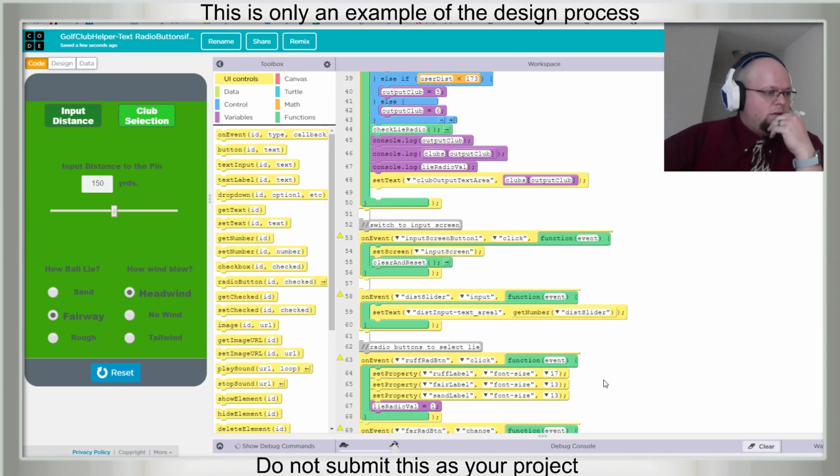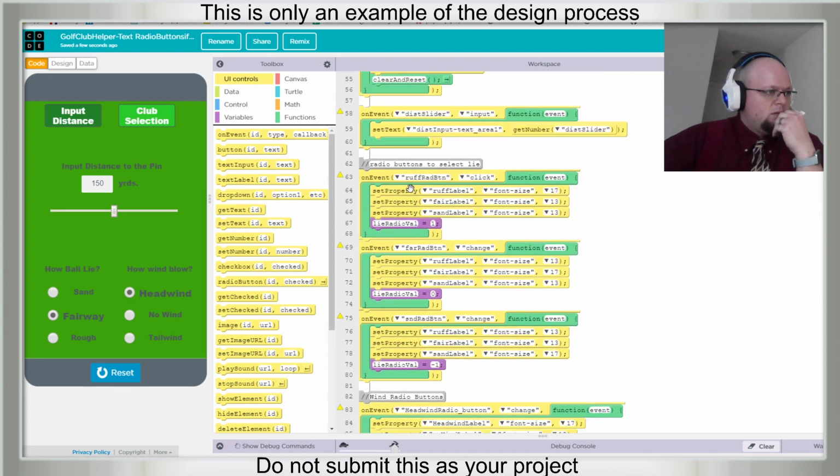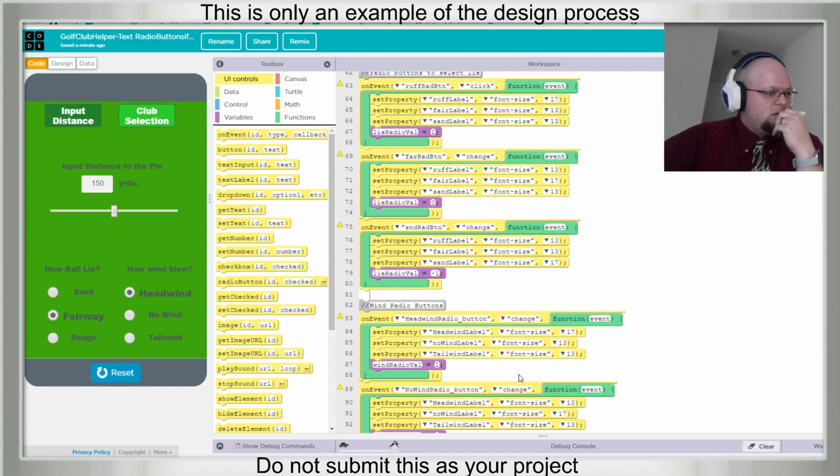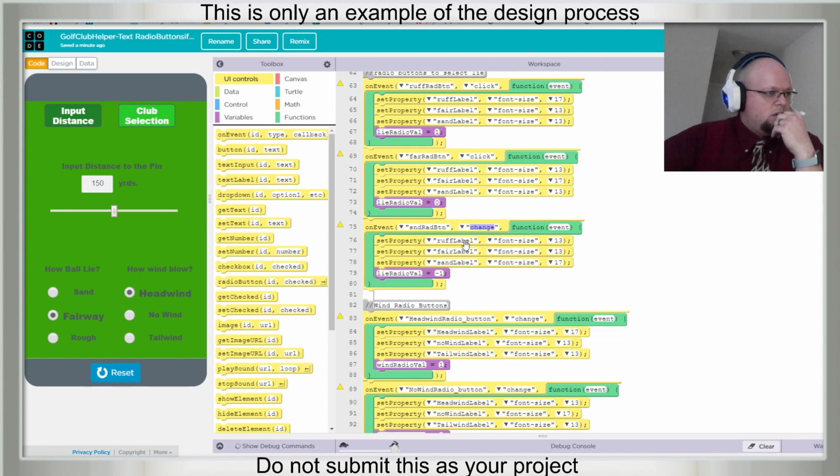On event, what do we do for these? Radio button click. Oh, because it's not click, it's change. Is it click or is it change? Okay, so let's change this to click.